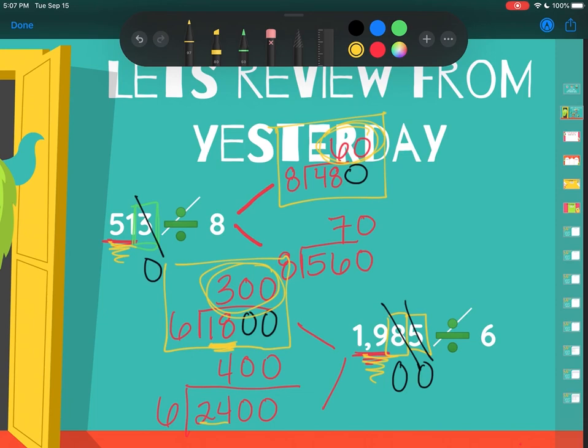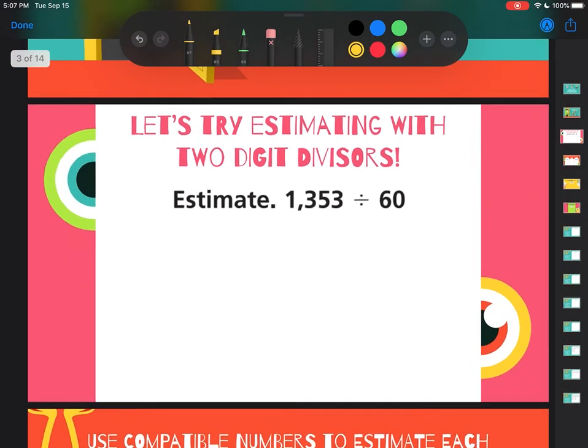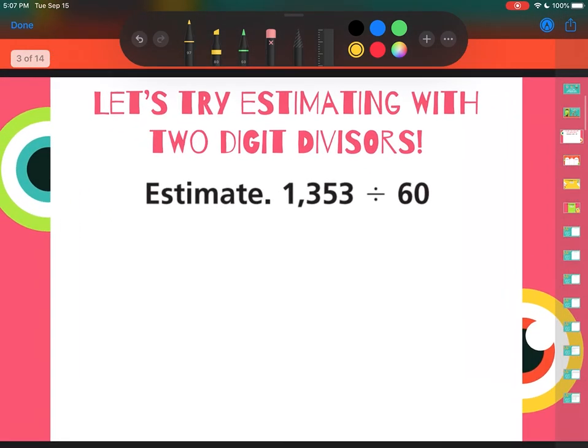Now we're going to try that exact same thing, but instead of dividing by one number, we're going to be dividing by a 2-digit number. So now we've got 1,353 divided by 60. Since my 60 ends in 0, I'm going to start by just doing it just like we were, right? I'm going to pay attention to my 6. My 6 and 60. That's the number that I'm going to be using to divide by, using for my compatible numbers. So just like before,